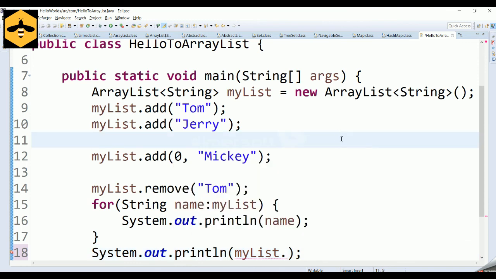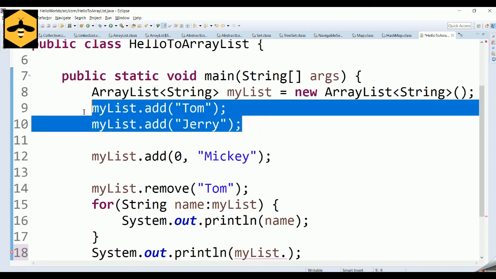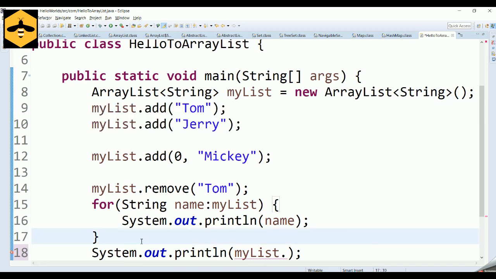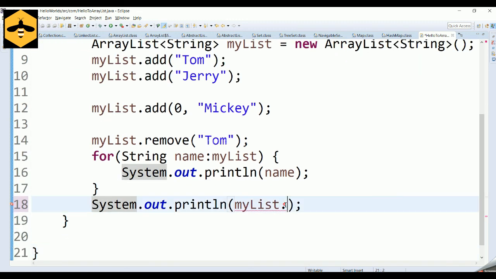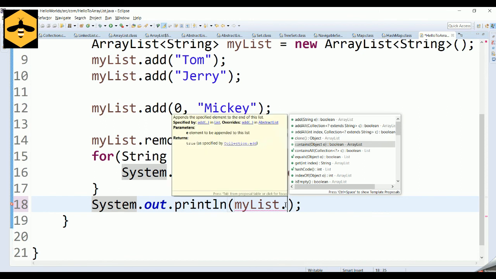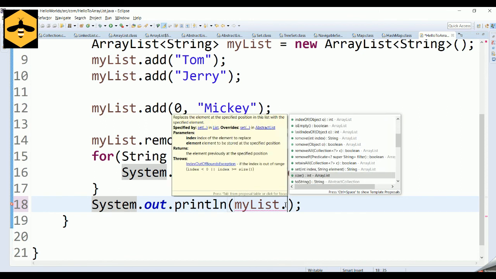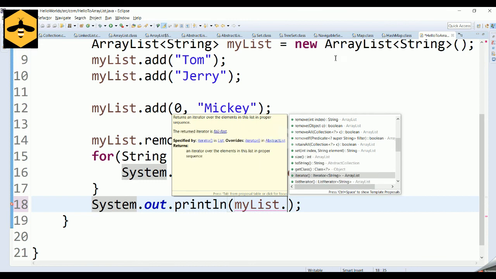Hope you found this video informative. So to quickly reiterate what we have seen about the array list implementation of the list interface, we have seen how to add the elements directly or by making use of the index, how to remove them, how to iterate them, and how to find the size of the array. Along with this, there are lots of other methods provided by your array list implementation, and this plays a very important role while learning Java from the fundamentals.